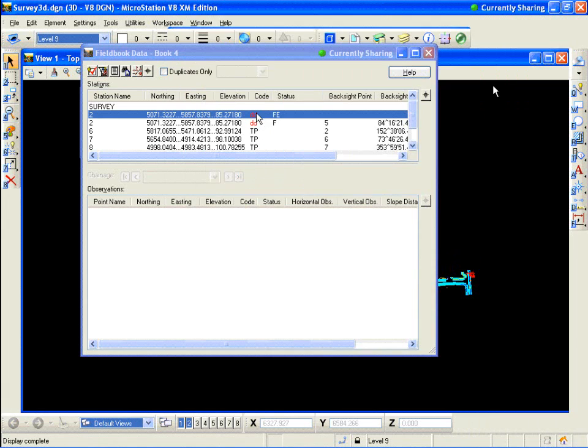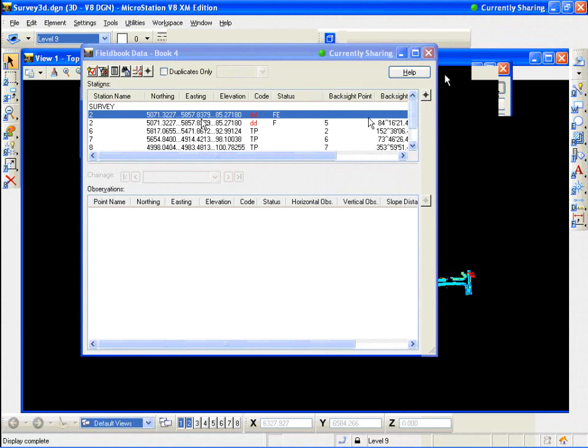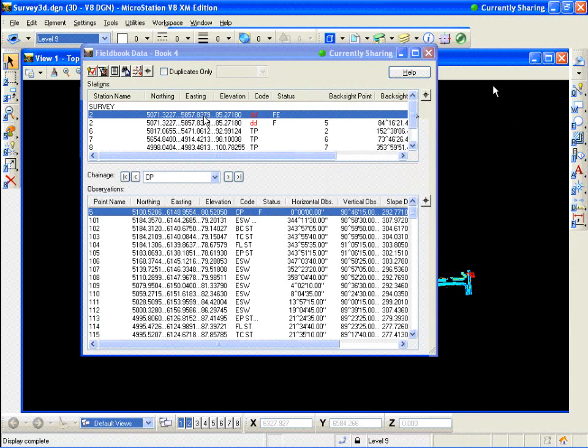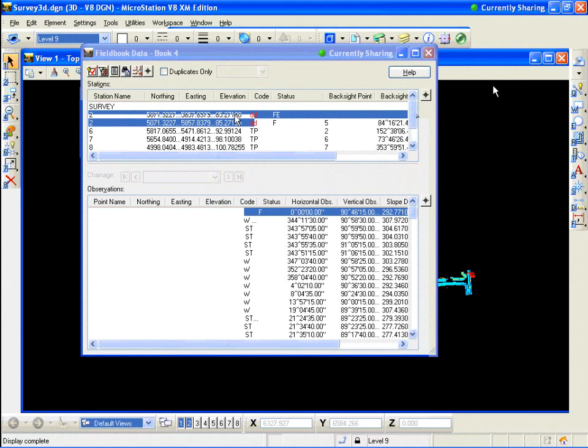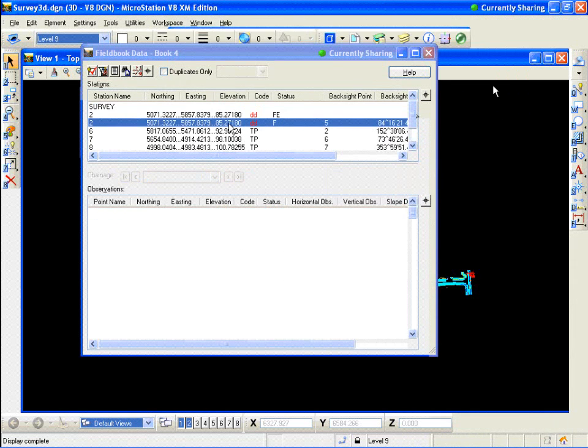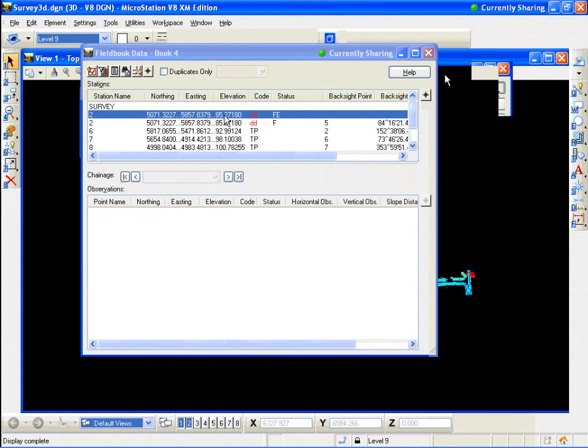So anywhere where there was a DD in the file, you'll see that it's red. That means it's not part of the XIN file that we're using to look at this information. Now I can add it, but anyway,